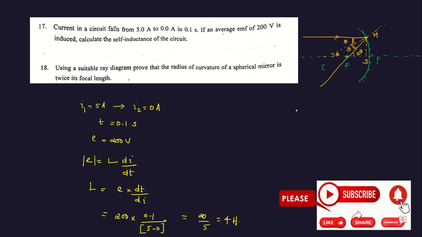So based on that, if you just consider the triangle